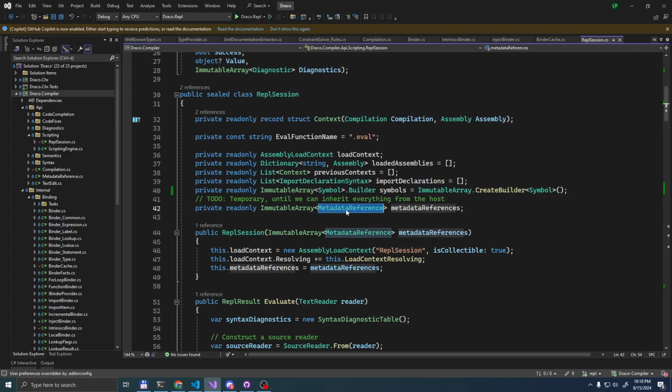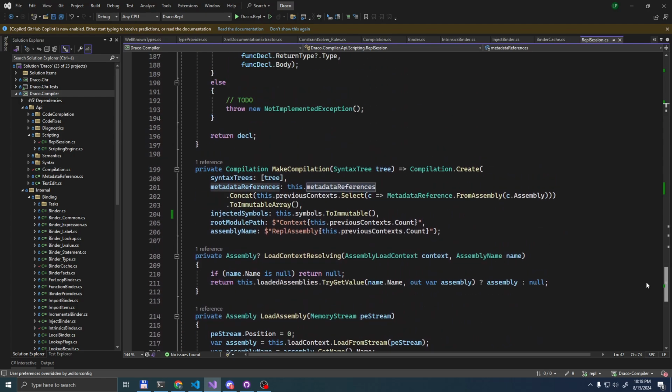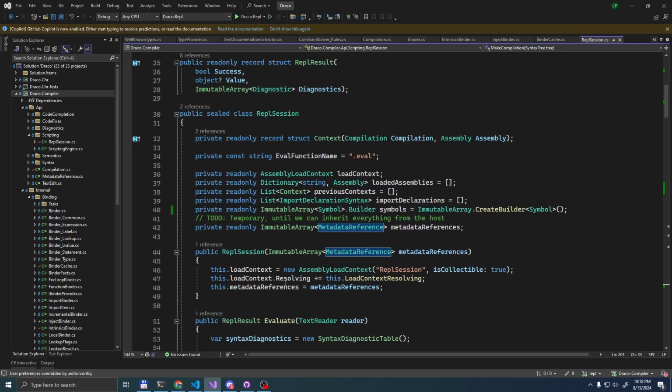And yeah, oh, one more thing is that we're going to need to keep the metadata refs around to have the same reference equality. So we're going to have to change this. That's fortunately very easy as well. We can just change this to an immutable array builder.